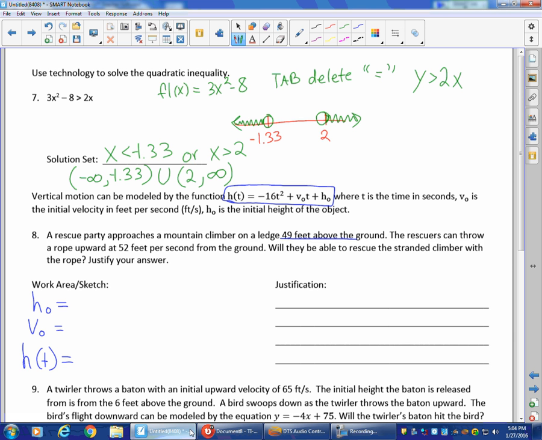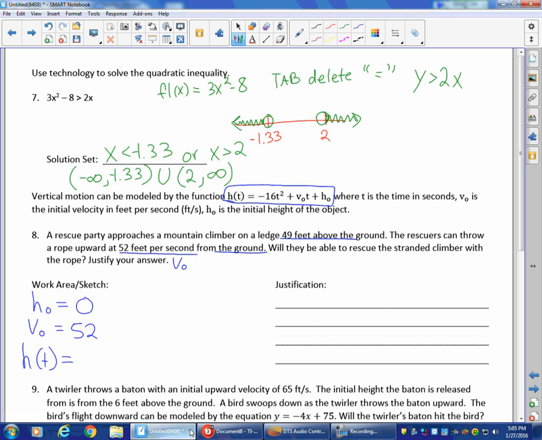Oh, it's not the 49 feet. They're on the ground. They're below this person. So this piece of information doesn't tell me my initial height. I have to read on. The rescuers can throw a rope upward at 52 feet per second. Feet per second is velocity, because velocity is the change in distance per change in time. And they say that they're on the ground. So from the ground, we have to assume